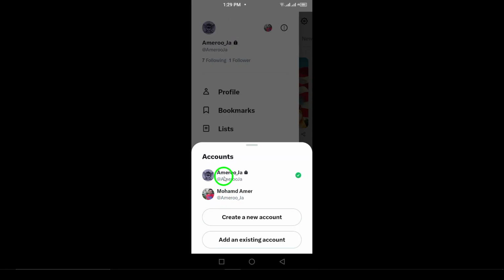It's that easy. Switching accounts is not only a time saver, but also a great way to keep your personal and professional lives separate. Whether you're engaging with followers or just browsing, you can seamlessly navigate through your different accounts